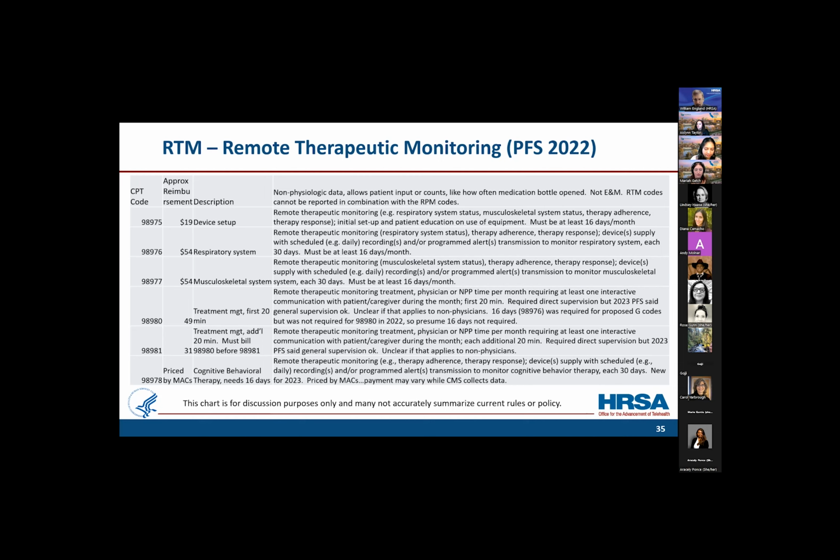So that's when we don't exactly know how much you're going to get. It's going to be something you're going to have to find out, ask as you submit claims, and CMS will be studying that and will come up, I'm sure, with reimbursement codes or amounts soon, but not for 2023. Next slide.